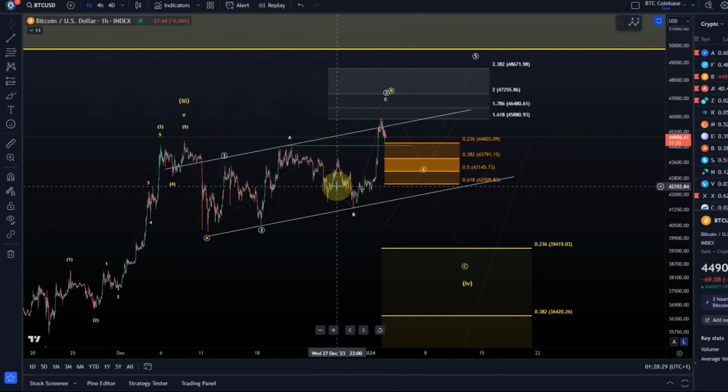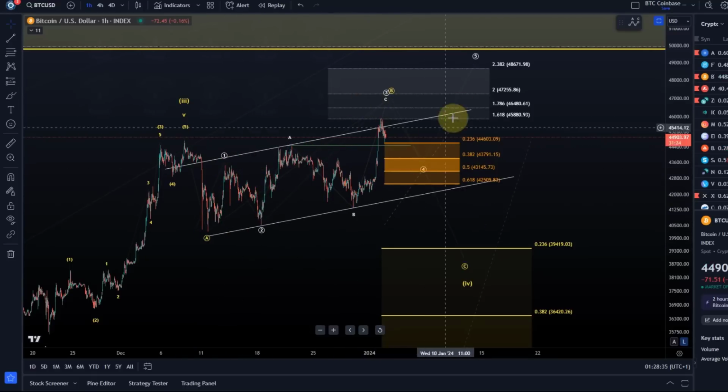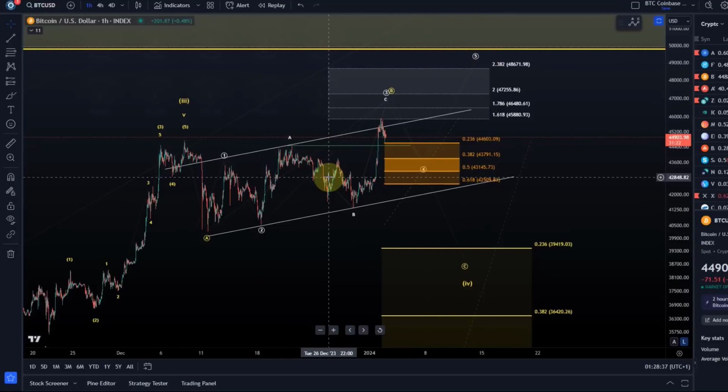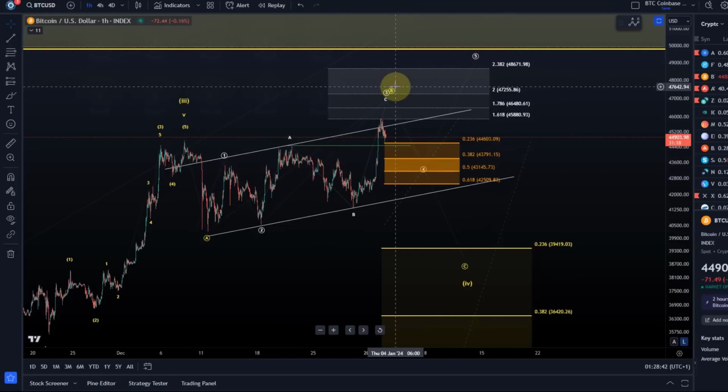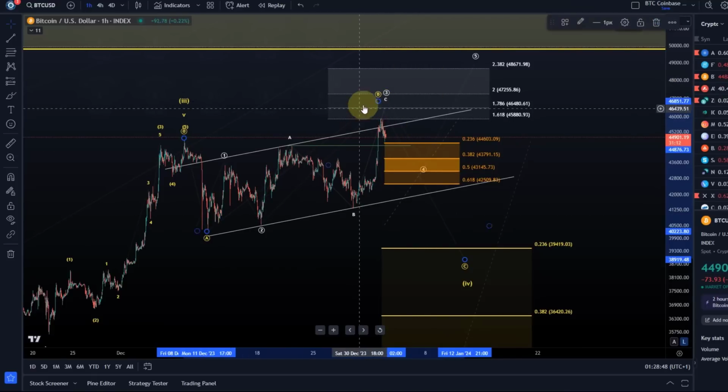So unfortunately, the structure doesn't leave me with a very clear bullish path. It has to be a diagonal. That's always not really desirable because diagonals can easily be a correction. That's why we could also say we have this overshooting B wave. In simple terms, an overshooting B wave is a fake out. B waves are the most difficult waves to trade.